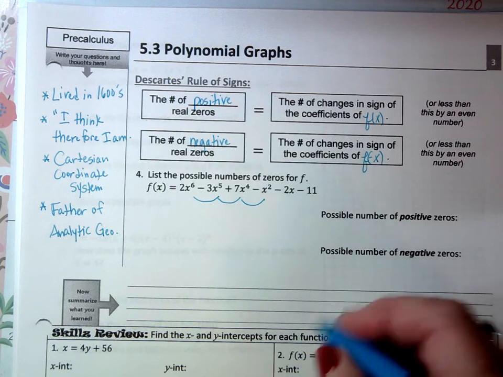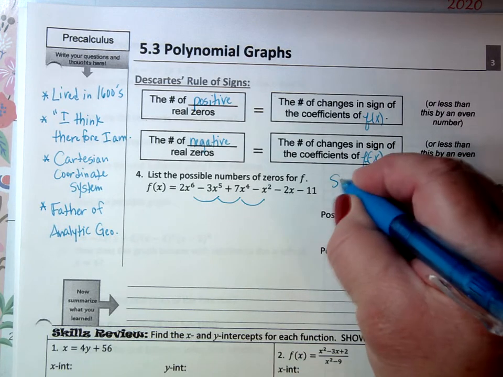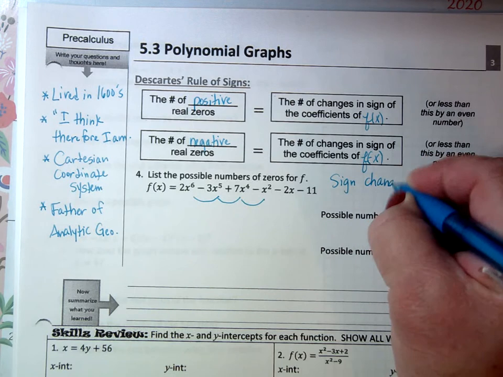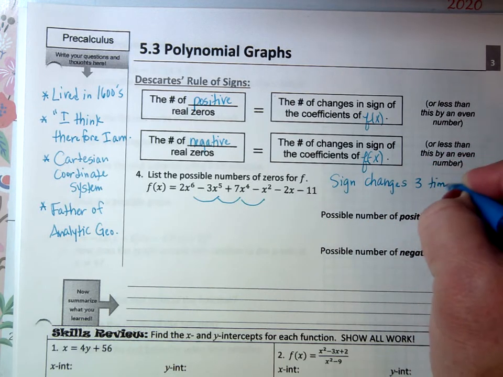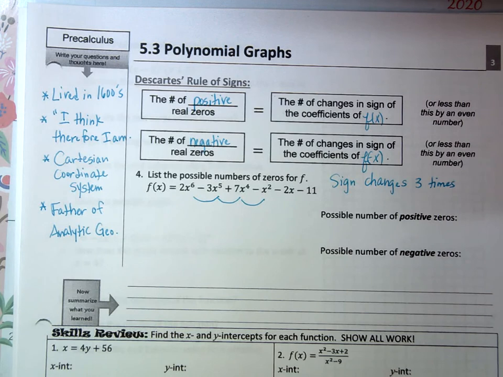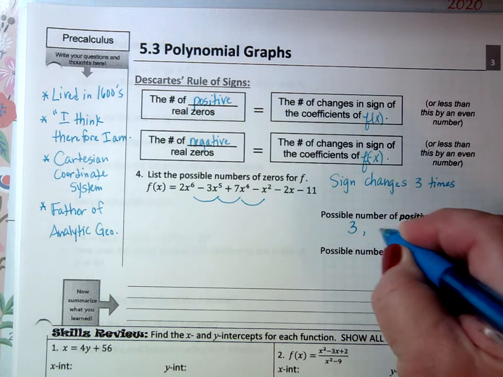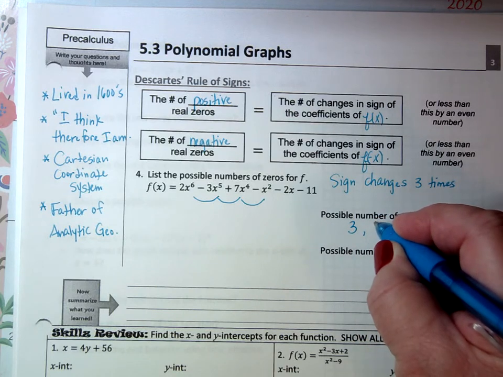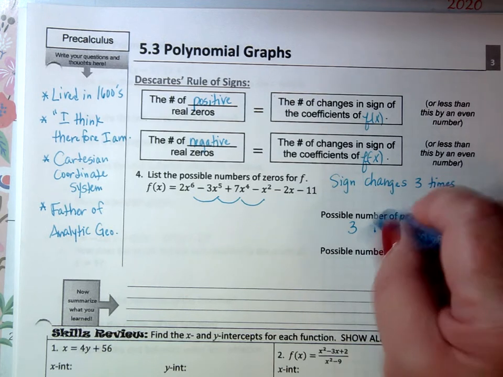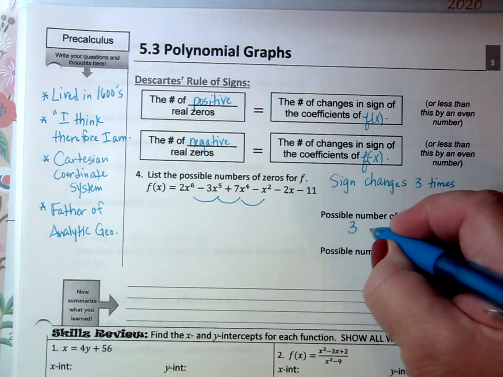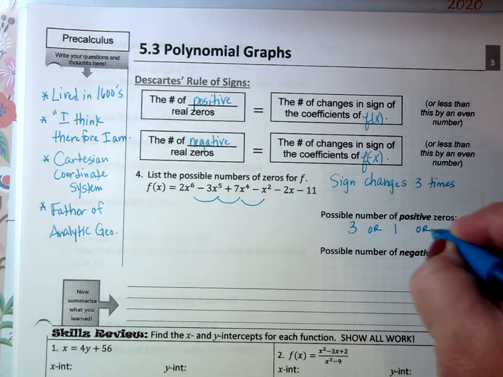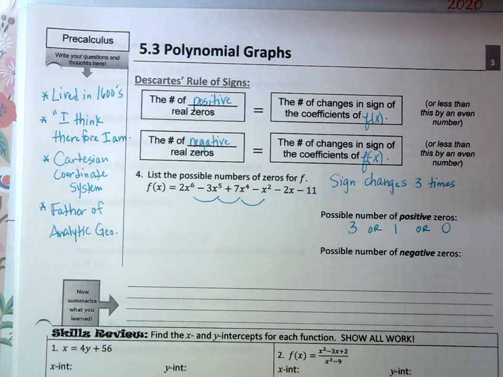So the sign changes 3 times. So when I look at that, I've got 3 sign changes. That tells me about the positive. That means that the possible number of positive zeros is 3, or it doesn't do evens, it just does odd numbers. 3 or 1, maybe I want to use ors instead of commas. 3 or 1 or none. And then the next thing I want to check to figure out how many negative zeros there are, I need